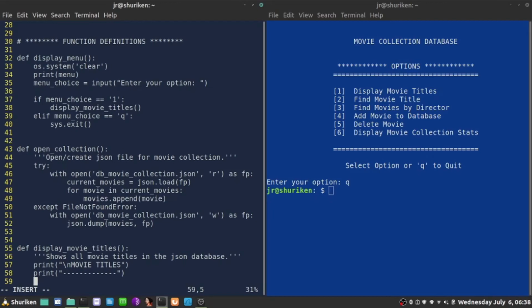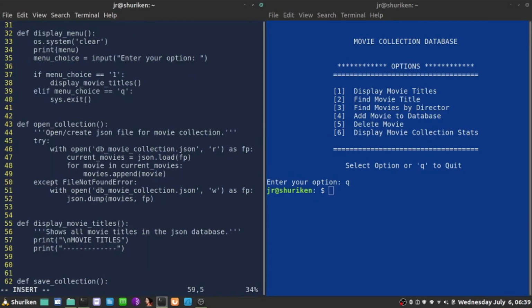I want to display just movie titles. So how do we now loop through elements of the list? Now, movies is just a list of elements, so for whatever name, in my case it's going to be movie because the movies list contains movies. For movie in movies, and that's the name of the list,